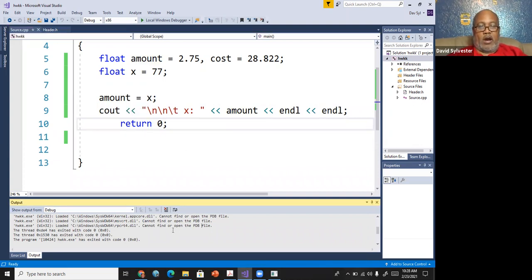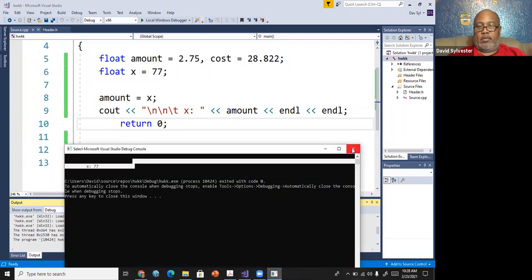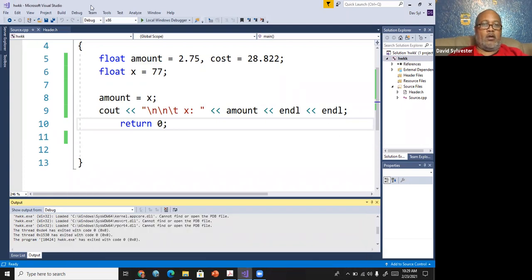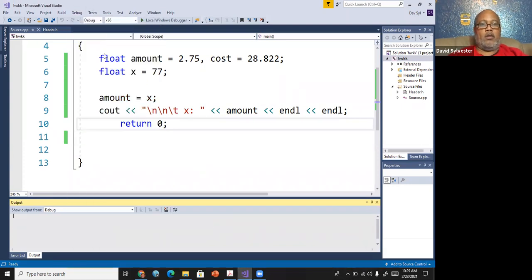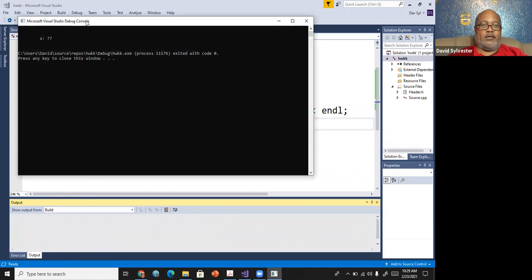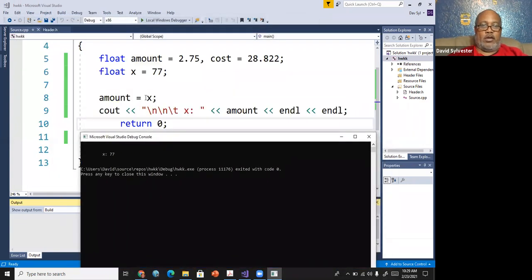All right. So now what I'd have to do is use my format, and that's using another header file, which we won't talk about. All right. So let me close it and run it again. All right, debug. All right. So here we got 77 because what? It returned that integer value 77 into here.